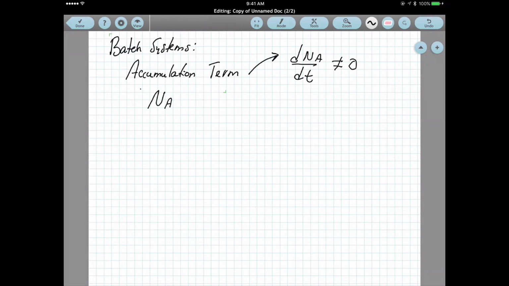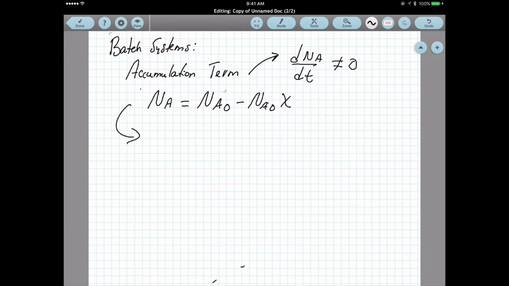So we know that N_A can be defined as the moles entering initially in the reactor, minus whatever reacted of species A. Okay,